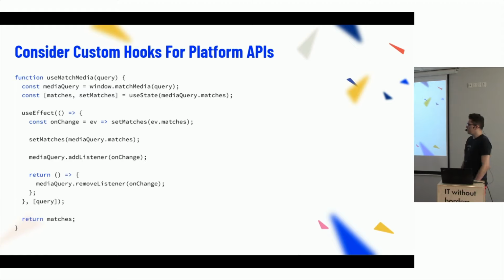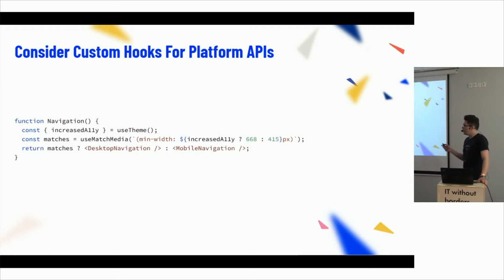And useState causes a re-render. Just this difference allows you to think about hooks much easier. Like, what will you use to implement useThrottle, for example? I will have this example later on. But this is how we consume the hook. I came up with a useTheme hook, and depending on whether the given theme prefers better accessibility, here is a larger screen. We will keep showing the larger desktop navigation longer than we would use mobile navigation.